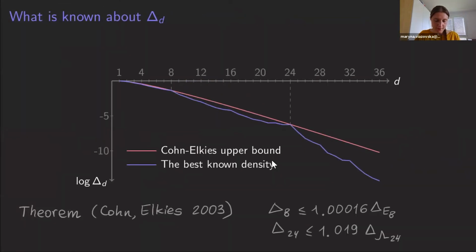And so Cohn and Elkies applied this method numerically to many dimensions. This blue line shows the known densities of actual configurations, and they are believed to be optimal, at least maybe up to here. This red line is the bound by Cohn and Elkies. You can see in this plot that for dimension 8 and dimension 24, the bound is almost sharp. And here delta D is the sphere packing constant,